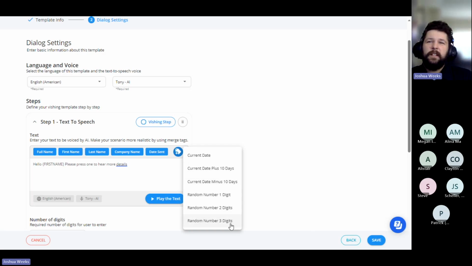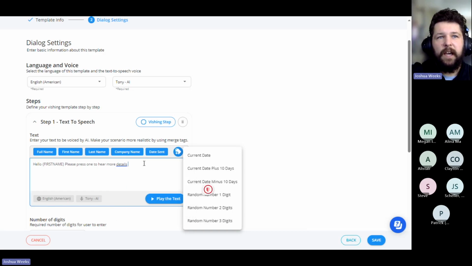And we've seen our clients get pretty clever and creative with this. We've seen some urgency created with this current create date. This random digit count is really good for auto-generating like the last 3 digits to account numbers and so forth. An example of that would be to type out the account number here and then add this merge tag at the end to generate those last few details.